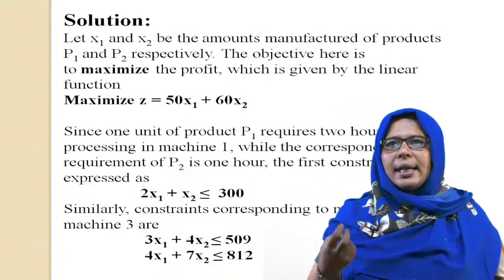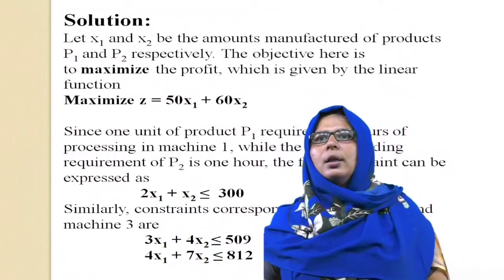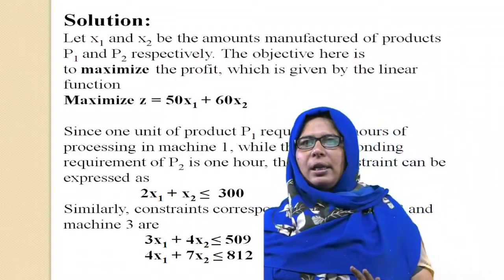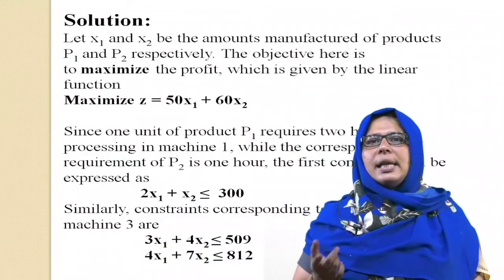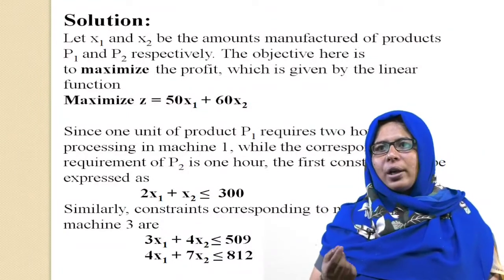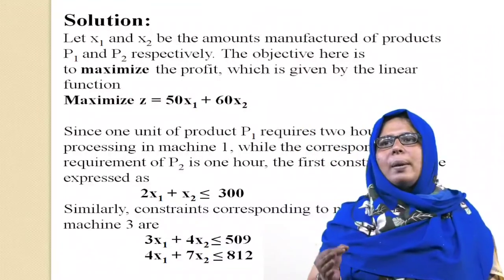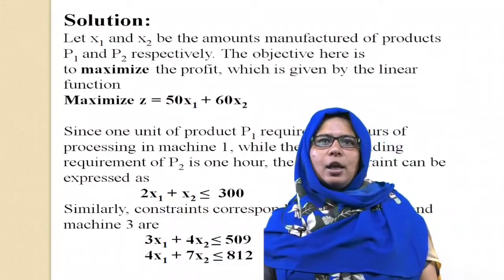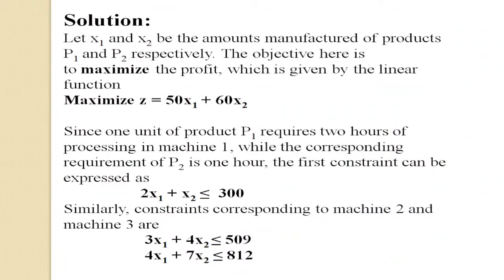Let x1 and x2 be the amounts manufactured of products P1 and P2 respectively. The objective here is to maximize the profit, which is given by the linear function maximize z equal to 50x1 plus 60x2. Since 1 unit of product P1 requires 2 hours of processing in machine 1, while the corresponding requirement of P2 is 1 hour, the first constraint can be expressed as 2x1 plus x2 less than or equal to 300. Similarly, the constraints corresponding to machine 2 and machine 3 are